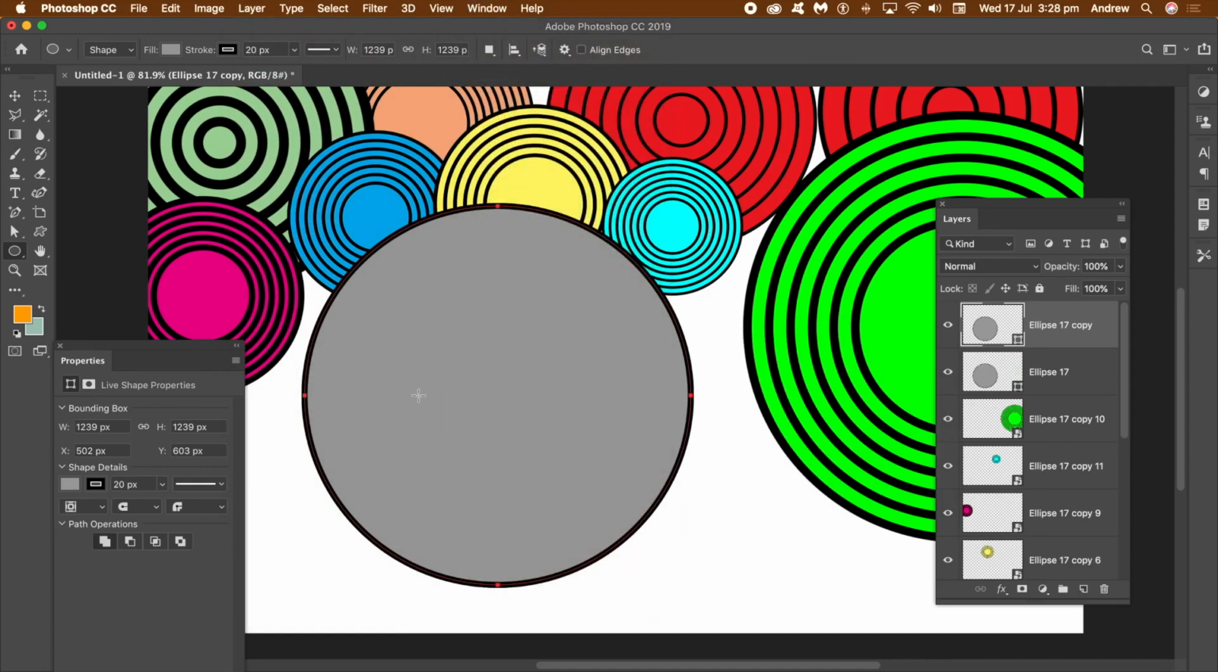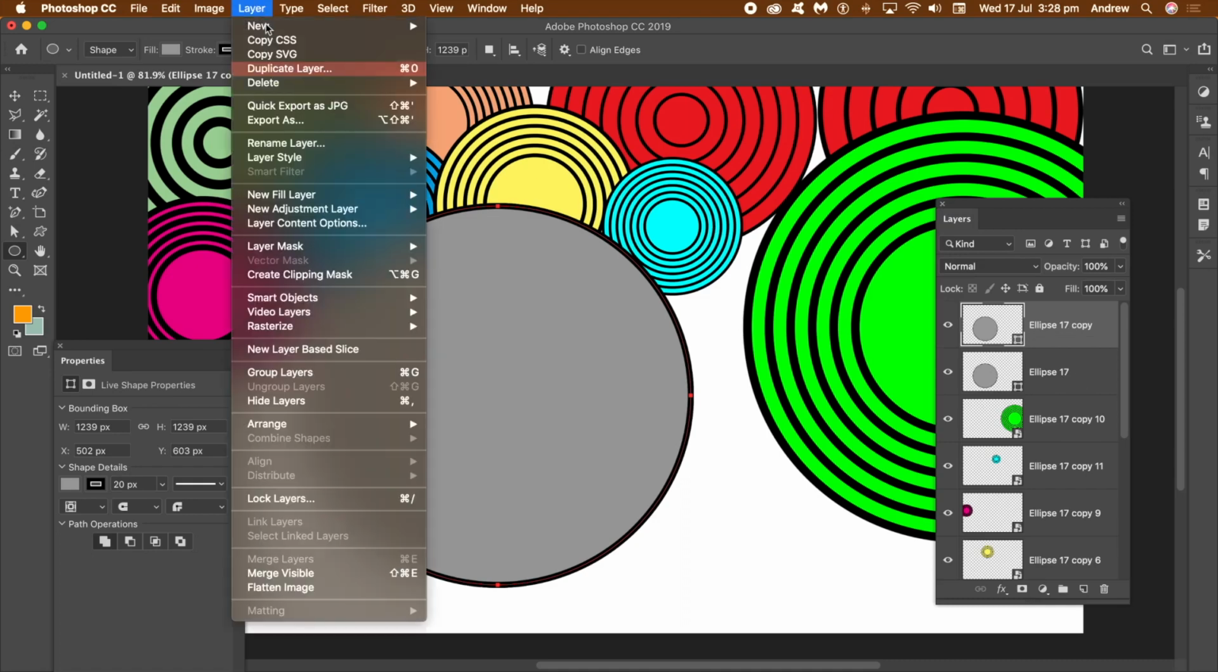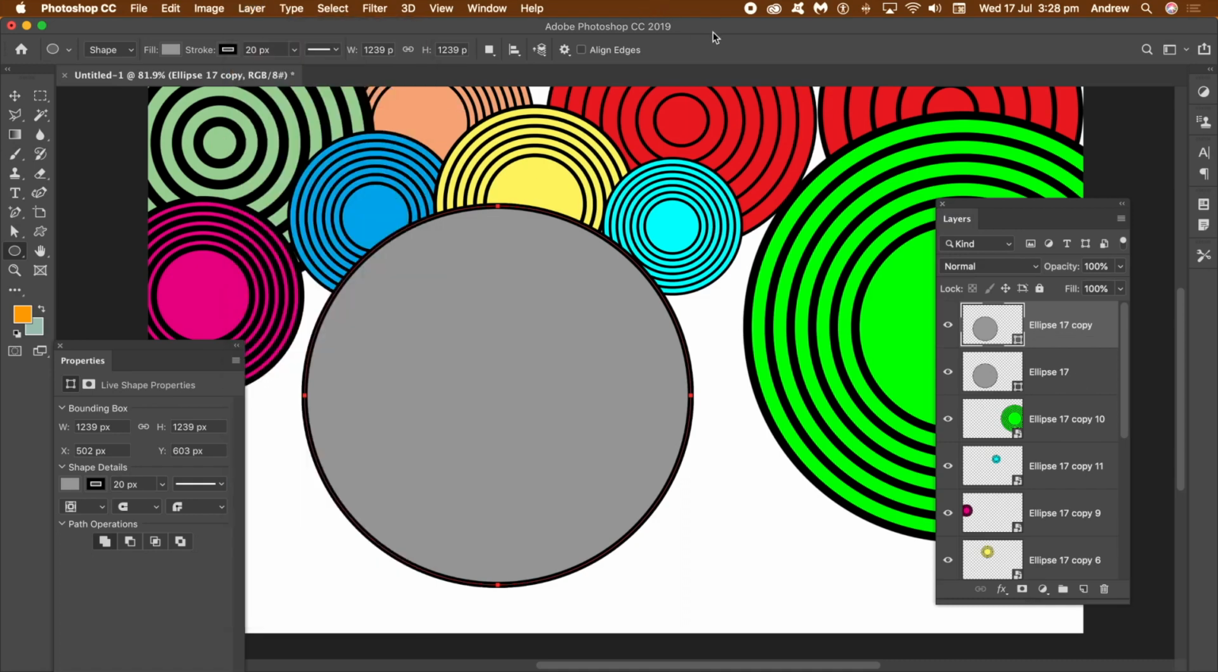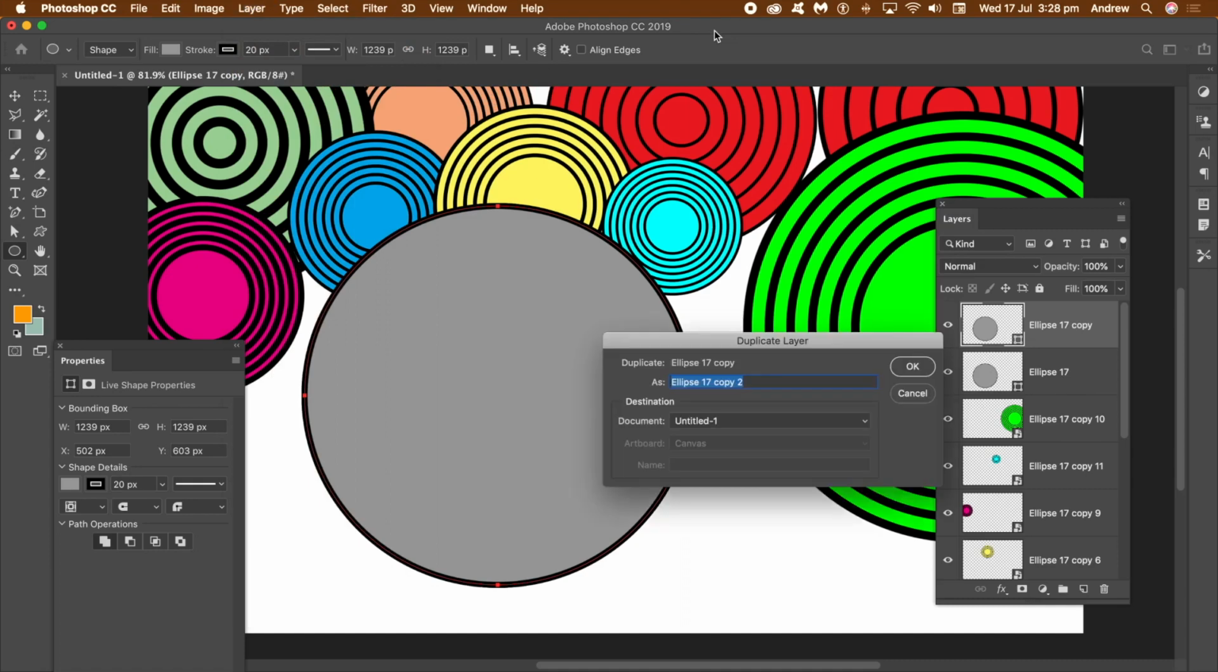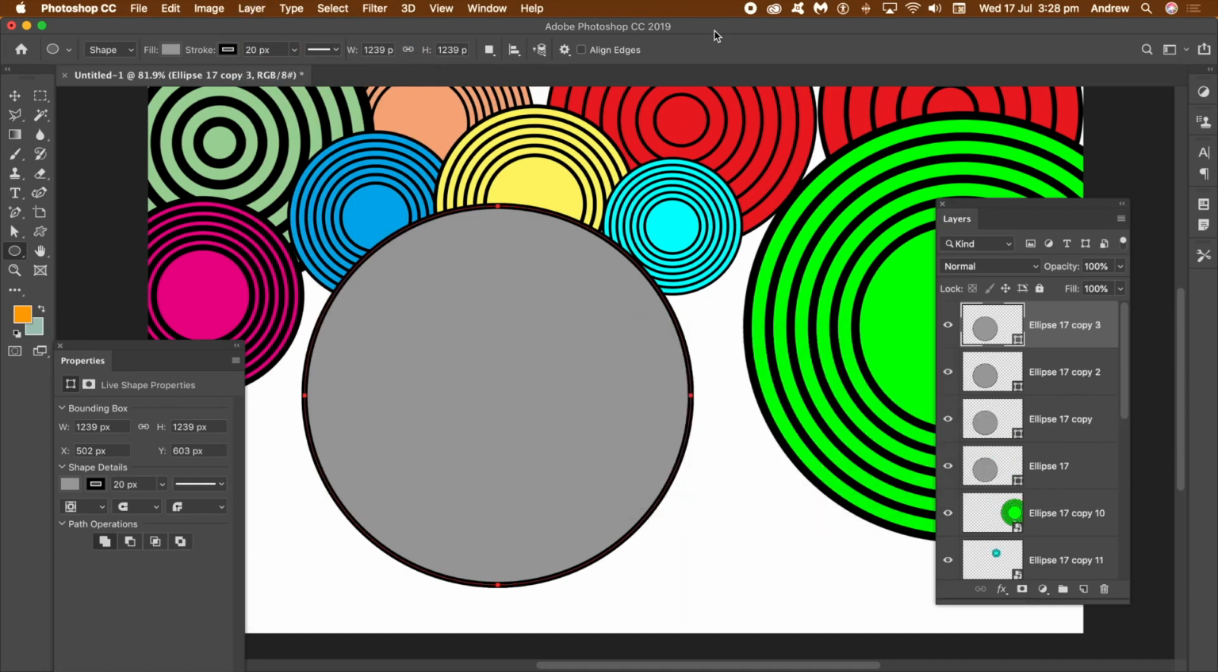But I'm going to duplicate more than that. I'm just going to duplicate it 3 or 4 times. Now I've got a customization for that, so I just do that quickly. But you can just do duplicate layer, duplicate layer, duplicate layer, and so on. Now once you've got all of those,